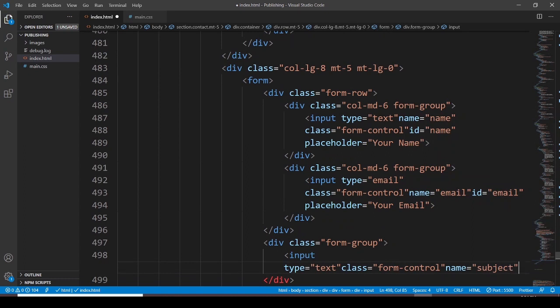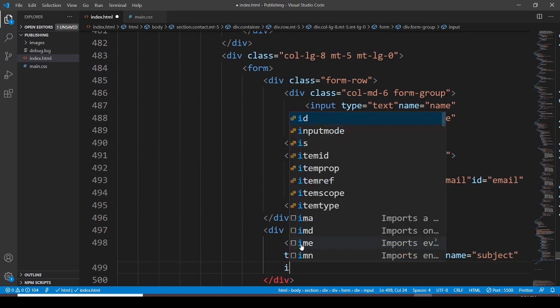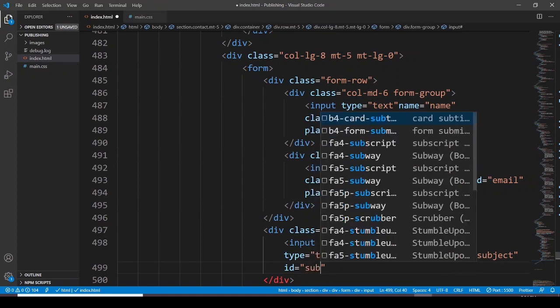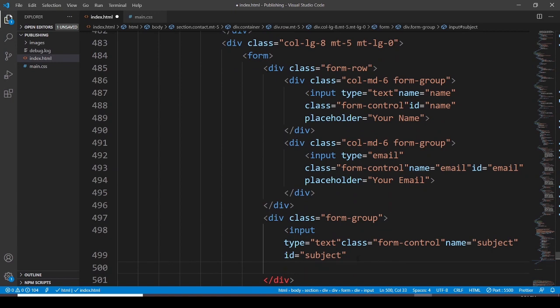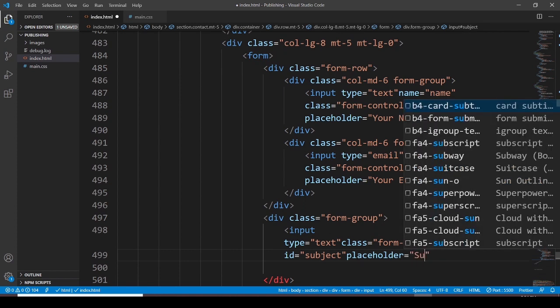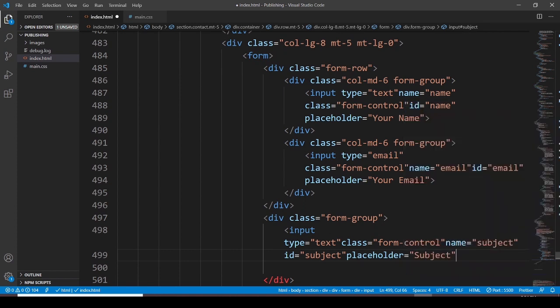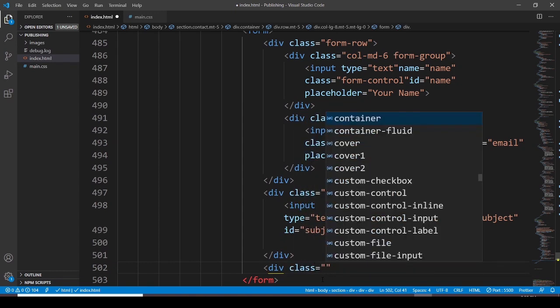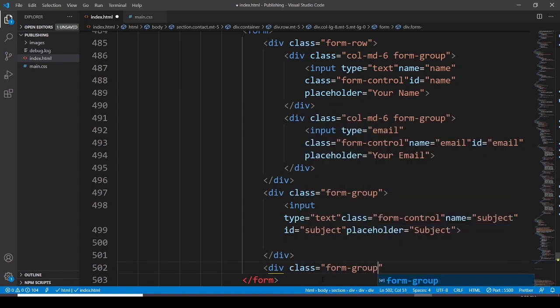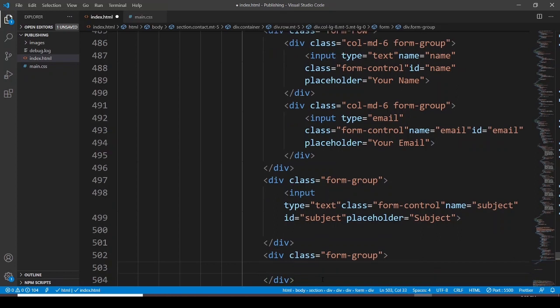subject, and we have to say there should be an ID, and then the placeholder. Let me add the placeholder here. Placeholder, and the placeholder for this is going to be subject. Okay. Then again, another division, assigning it a class. This class is going to be form group, and let's use the